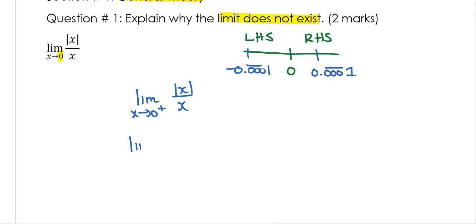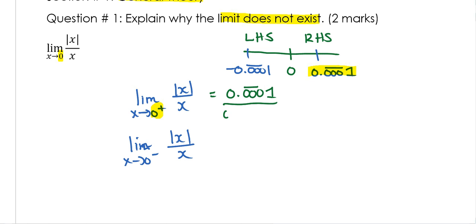And you also want a limit statement when x is approaching 0 from the left hand side. Now, when you're approaching 0 from the right-hand side, obviously you're looking at numbers to the right-hand side of 0. So what you want to do is insert that number in here. So this would be 0.000 repeating with the 1, divided by 0.000 repeating with the 1. And you'll notice that the numerator and the denominator are the same, so this will give you a value of